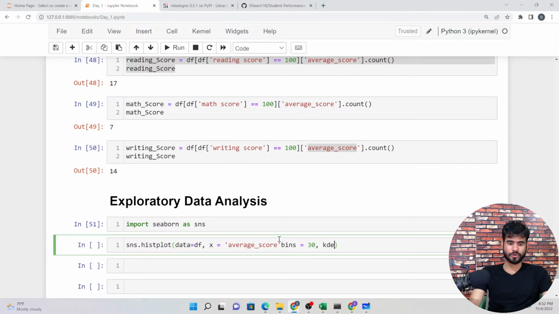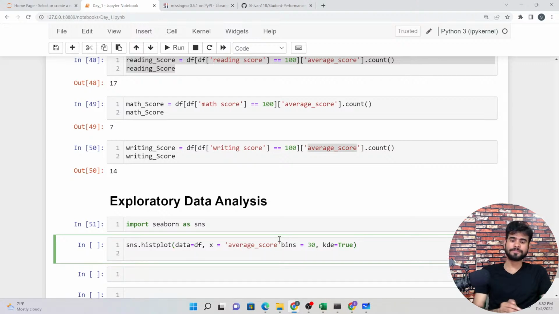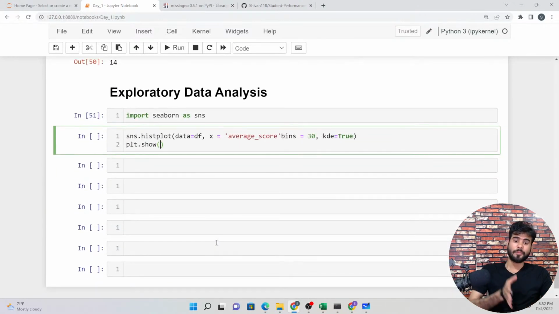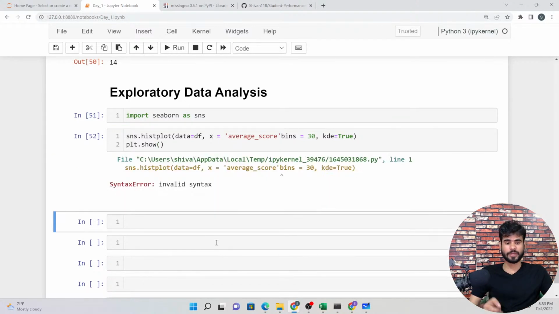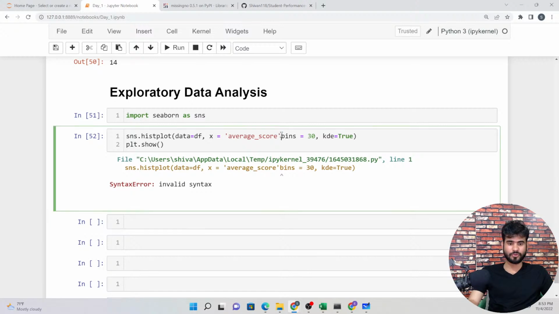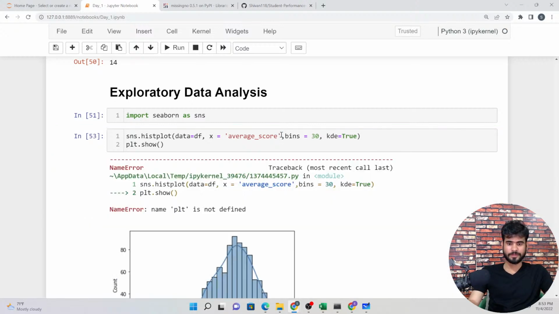And I'm going to define a KDE plot, so kde equal to True. Now plt.show. You can even visualize more than one column at a time. Bins, I have to put a comma here.